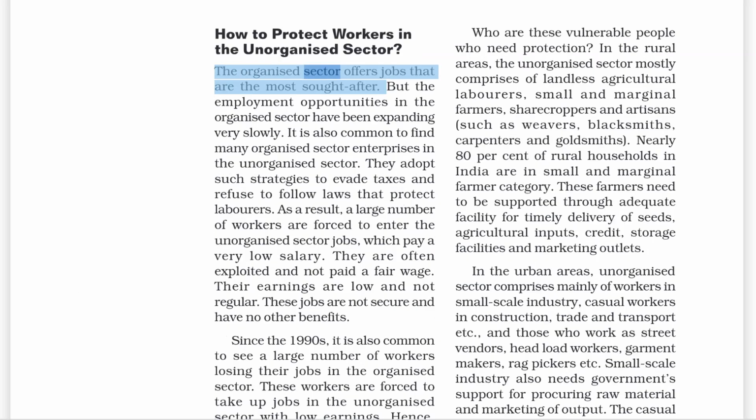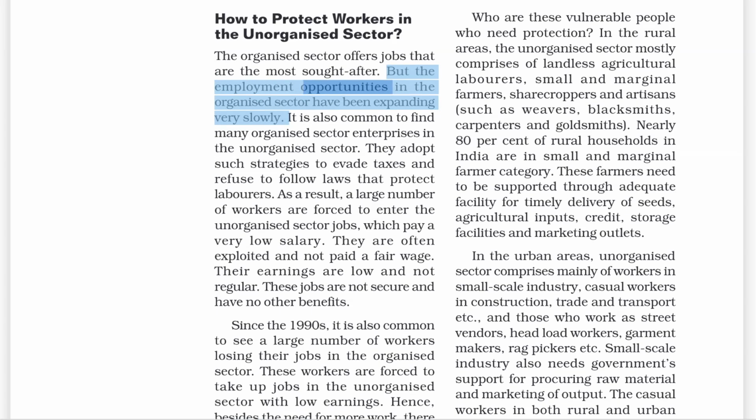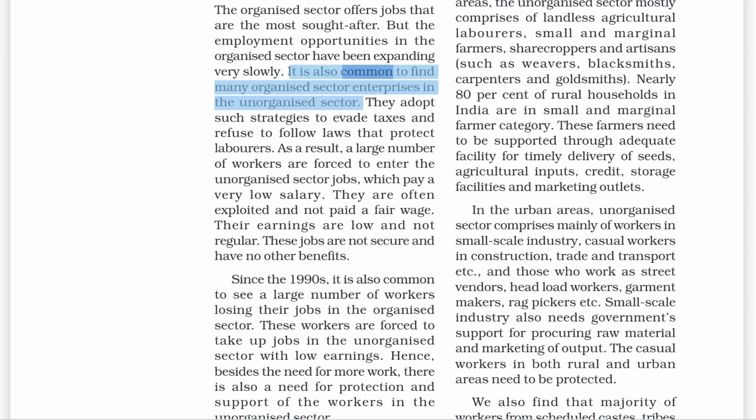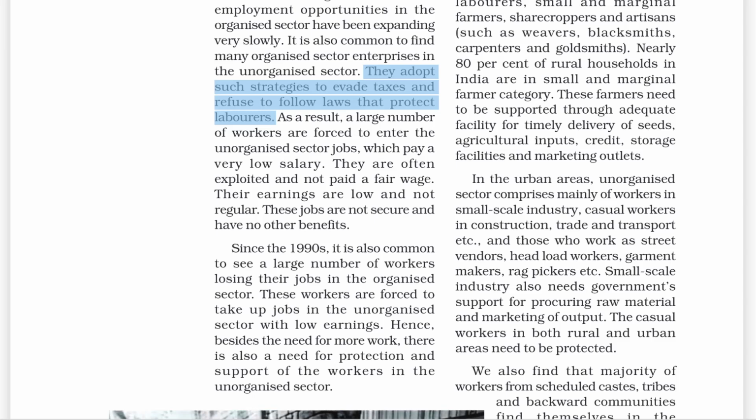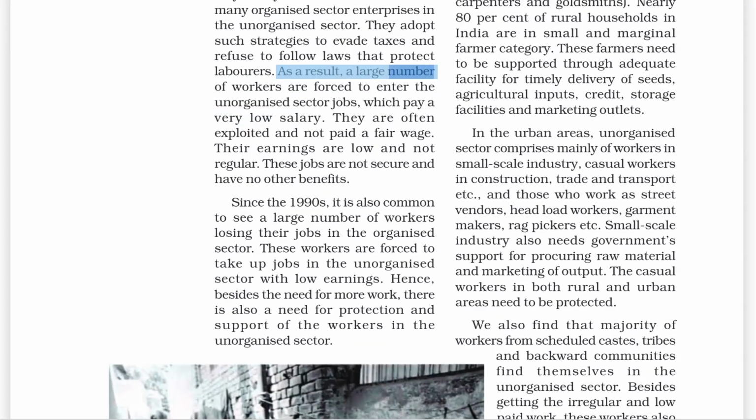The organized sector offers jobs that are the most sought after. But the employment opportunities in the organized sector have been expanding very slowly. It is also common to find many organized sector enterprises in the unorganized sector. They adopt such strategies to evade taxes and refuse to follow laws that protect laborers. As a result, a large number